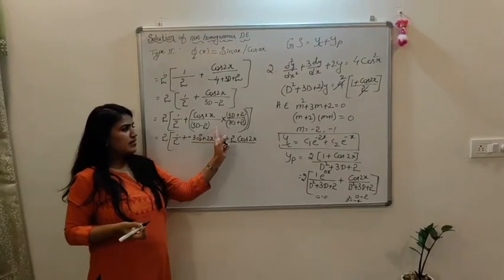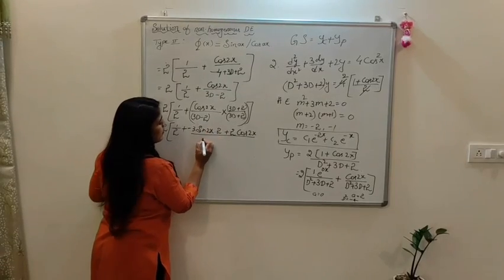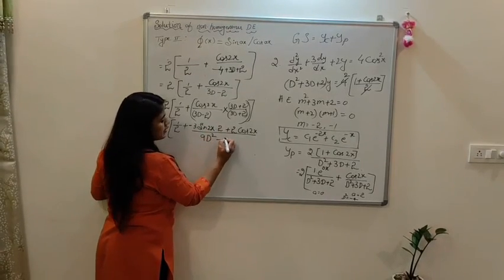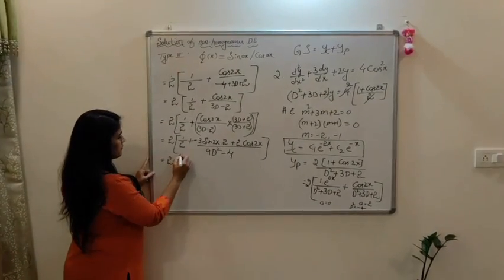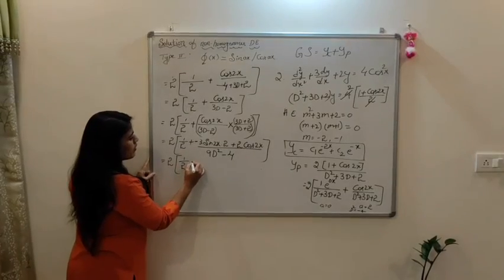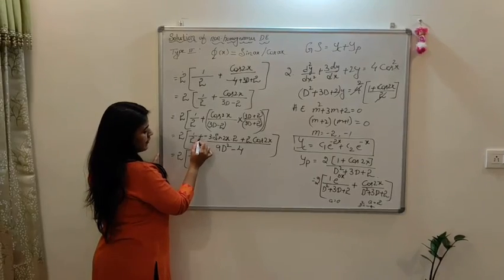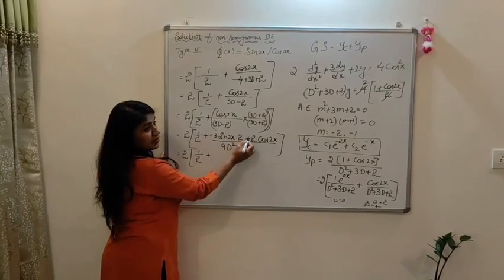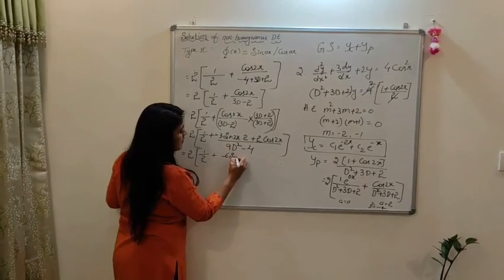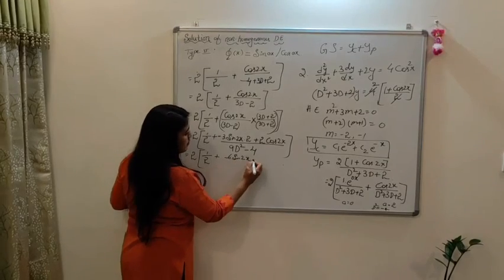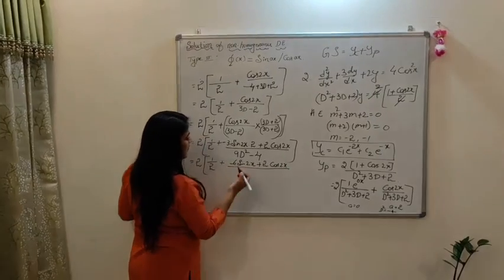Next step. Here see 3d minus 2 denominator, 3d plus 2. This is a minus b into a plus b. So a square minus b square. So 3d whole square means 9d square, minus 2 square means 4. Okay. Yes. Next, which is equal to 2 into 1 by 2 minus, this minus, I can't take commonly because if I write here minus means same sign should include for this also. Let it be here itself. 3 2s are 6, minus 6 sin 2x plus 2 cos 2x divided by.